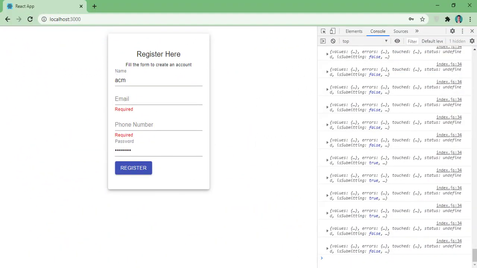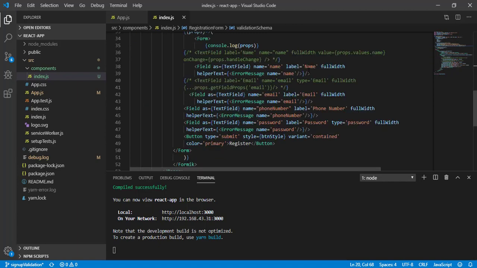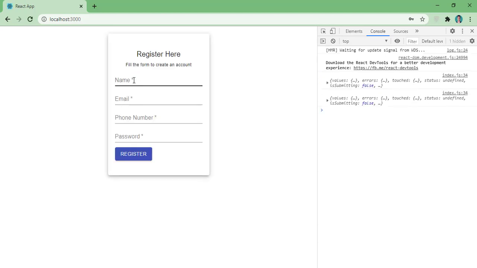So for that what we have to do is come to the input here, and we need to add an extra property, and that is required. Okay, let's copy and paste for the others as well. Save it and come here. So now you can see we have the asterisk symbol.